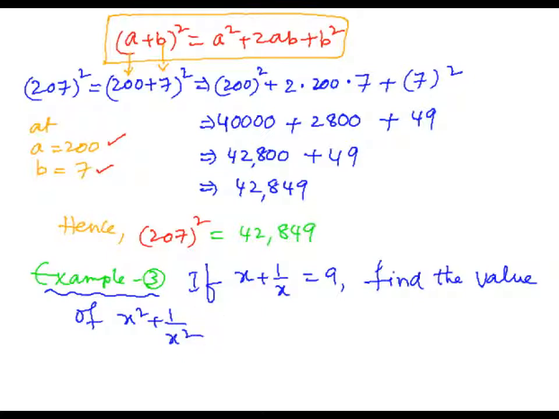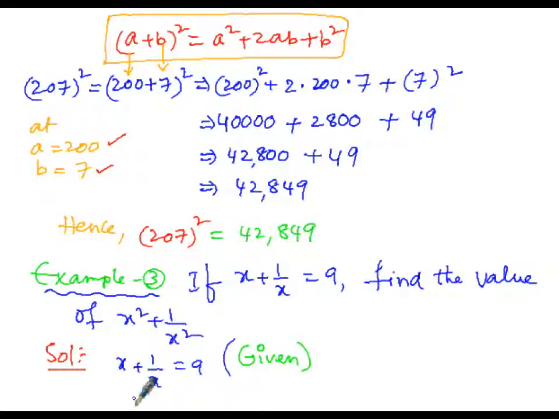Then now the solution starts. Here, as per the problem, the condition x plus 1 by x equals 9 is given for us. But we have to find x square plus 1 by x square, whereas in the given there are no squares, only x plus 1 by x, x raised to the power of 1 divided by x raised to the power of 1. So the exponents are 1 and 1 in this case, but we need x to the power of 2, we need the degree as 2.